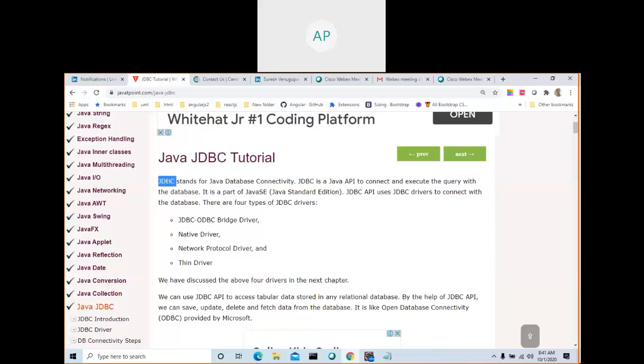API in the sense that our driver, our jar file, contains a number of classes which we are going to use to connect to the database and execute queries. Already we learned the insert query, update query, delete query, and select query.